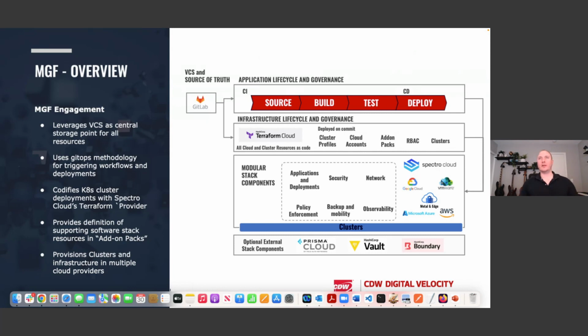So this engagement is all designed for being able to leverage your version control system as your source of truth, using GitOps methodologies for triggering those workflows and deployments, having Kubernetes clusters declaratively defined, having the additional supporting resources in the cluster, those software add-on packs, defined in Terraform is big. So I can define, and we'll go through both the GUI way and the Terraform way, and then being able to provision those clusters in multiple clouds and having them identical in multiple clouds as well.